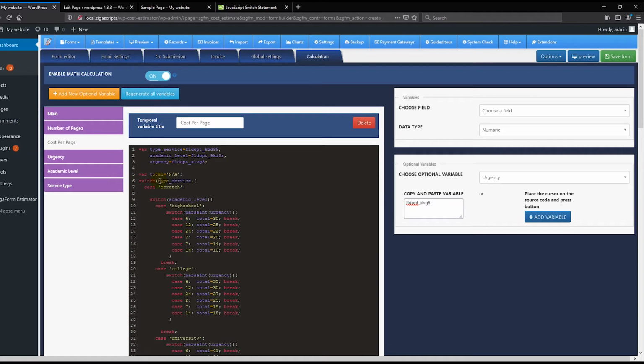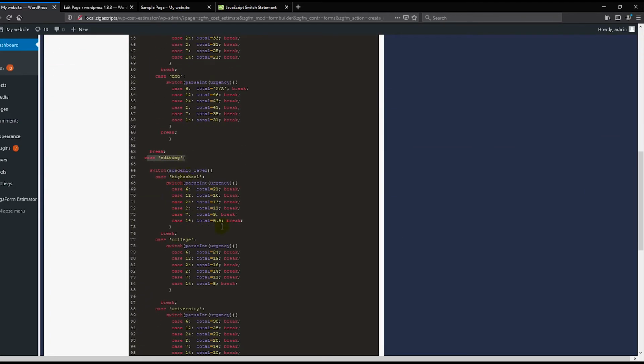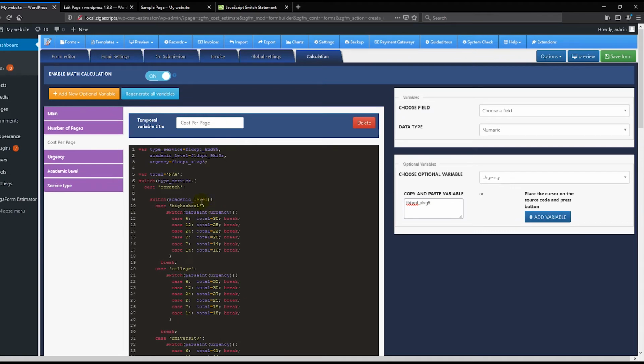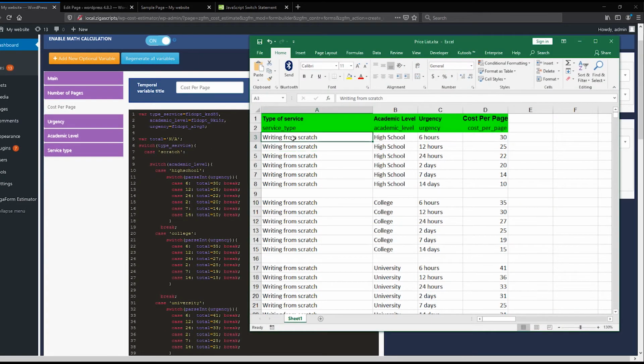So we use the switch statement on type of service. If it's scratch, do that. If it's editing, do that. In this case, we will add another switch statement inside this. For example, you can see here is a switch statement. If the type of service is scratch, then check this. So if it's scratch or editing, in this case it's scratch, then we have to check what the